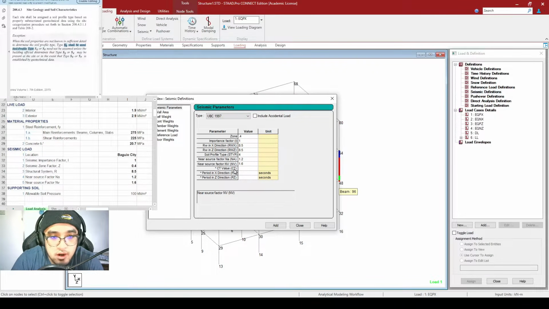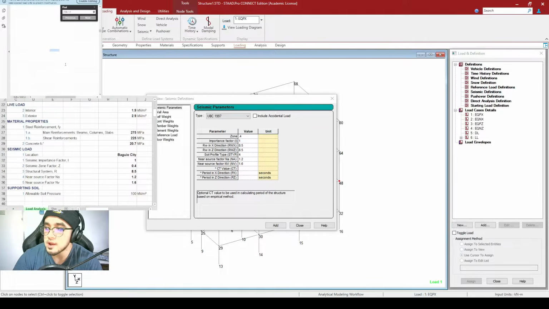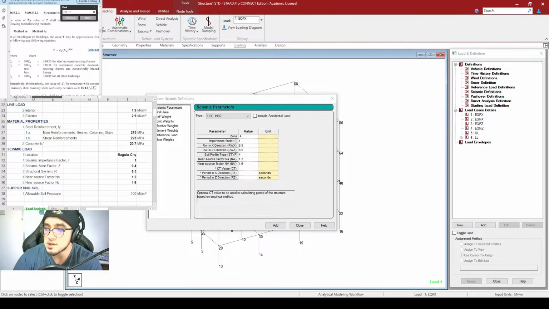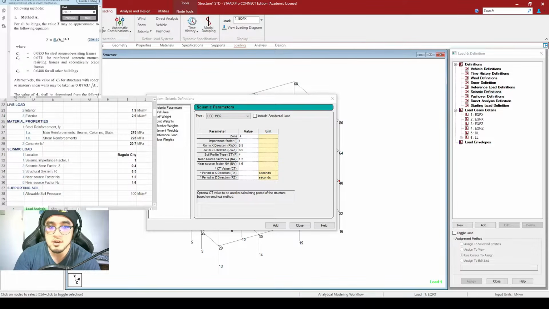But what about for our CT? Looking once again to the PDF file to your left, I would go to equation 208-12, which is this one right here. And it is indicated here, for us to get the value of our T, we would be needing the value of our CT, which is this portion right here, or the CT value. So for our CT value, since our structure is a reinforced concrete one, the value for our CT would be 0.0731, which is this one right here. So I would be typing